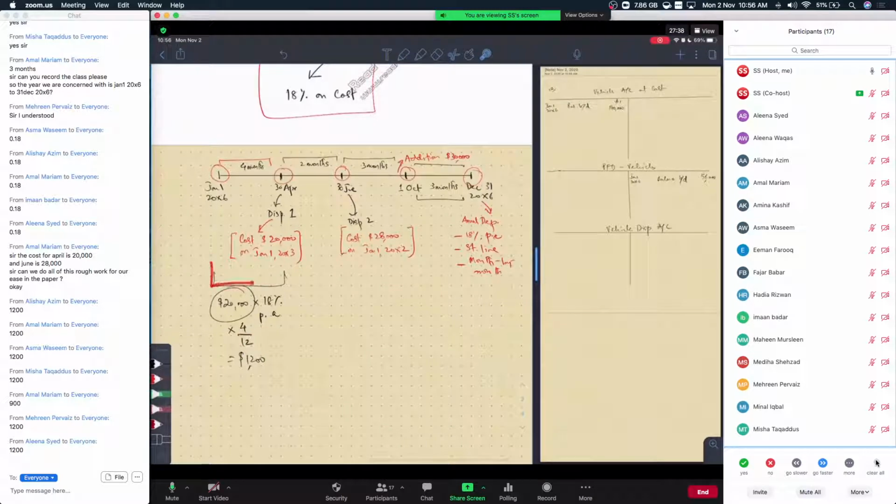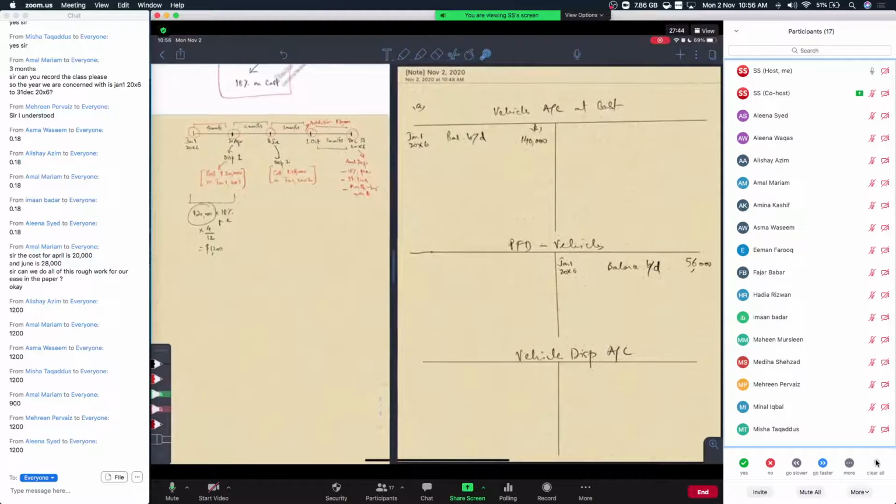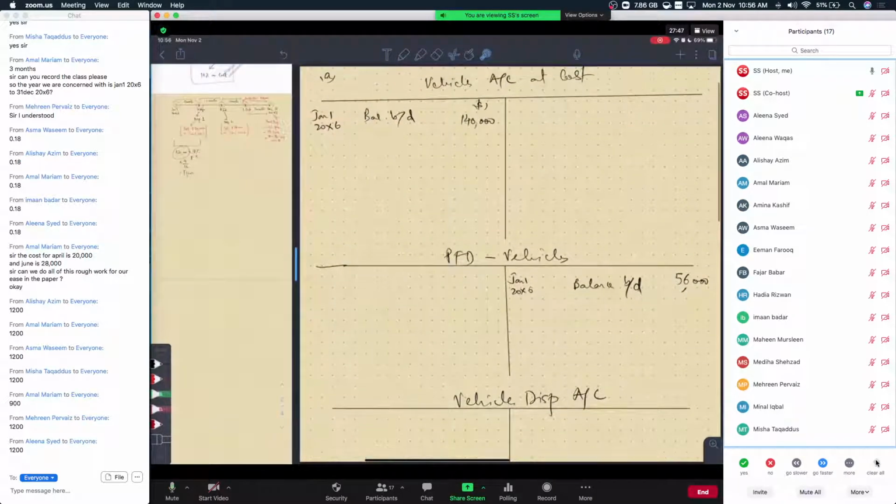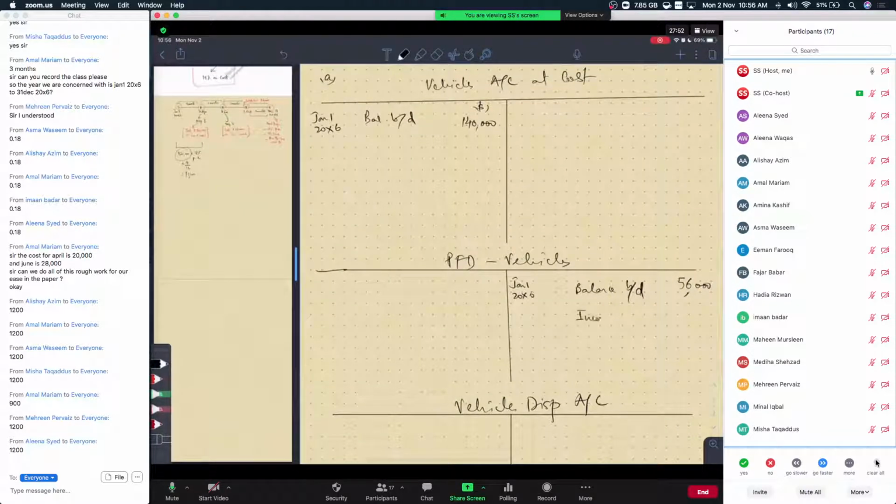But obviously, this $1,200 is calculated over here on the timeline. We have to bring it within the double entry system. So how do we bring it inside the double entry system? I'm sure you will agree with this, that this is going to go to the income statement, the depreciation charge on whatever we can refer to as nickname vehicle 1, and we will charge $1,200. This entry did not happen in the question that you sorry, not in the question that we did in